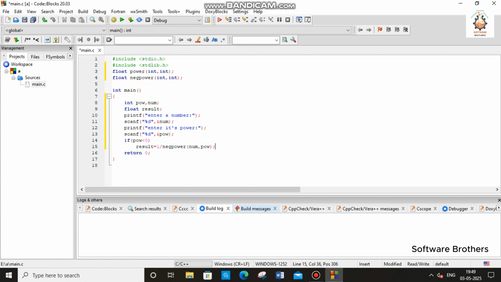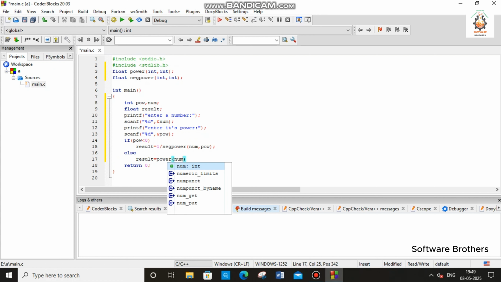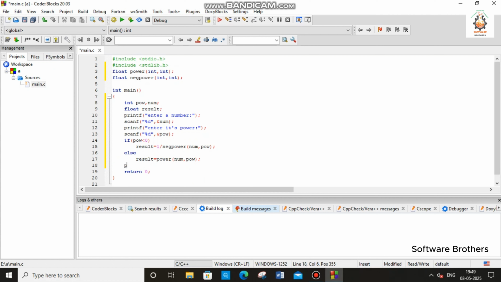If that is not the case, then we should mention the else. What is going to be the result then? The result should be our power, which is our positive power. Inside our bracket we do have number and our power. Okay, now we do require to print our answer over here,